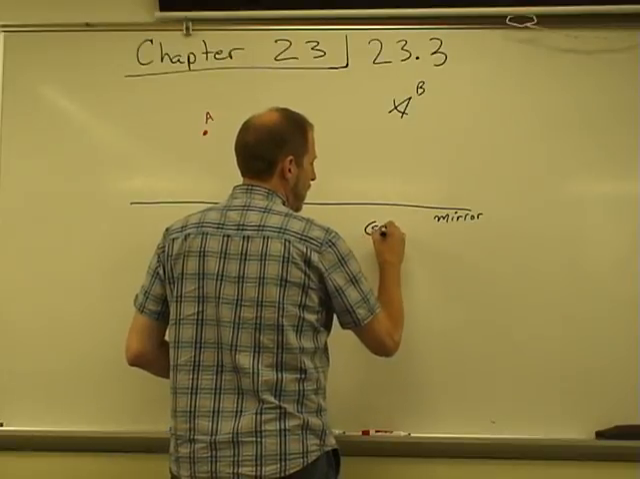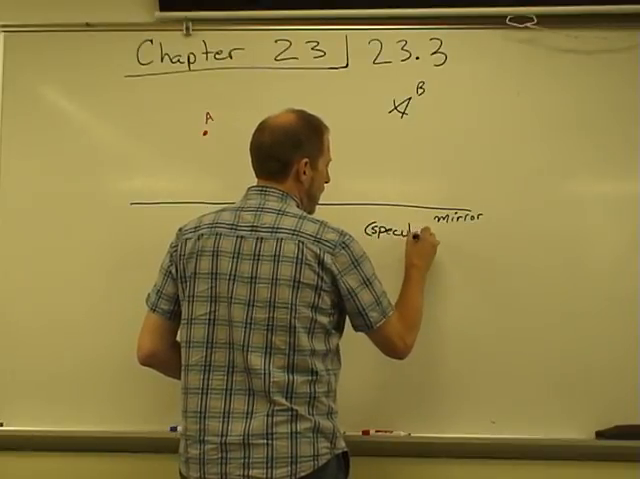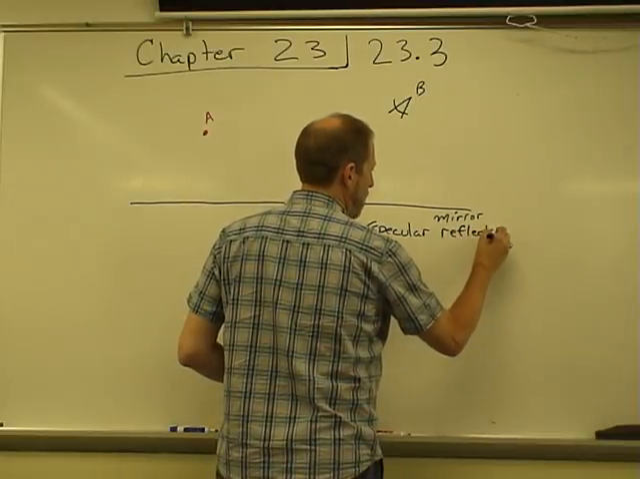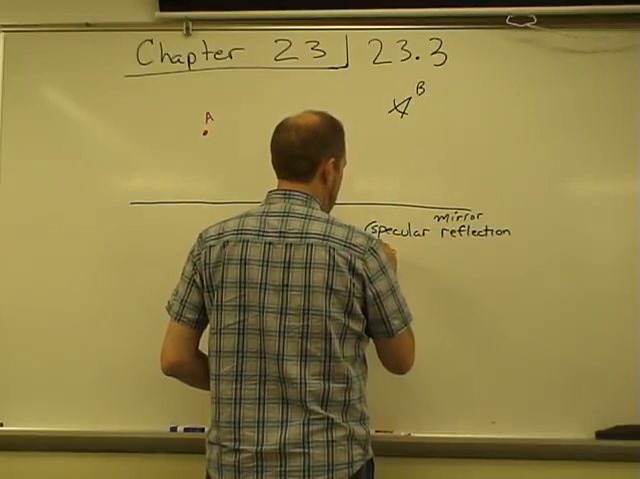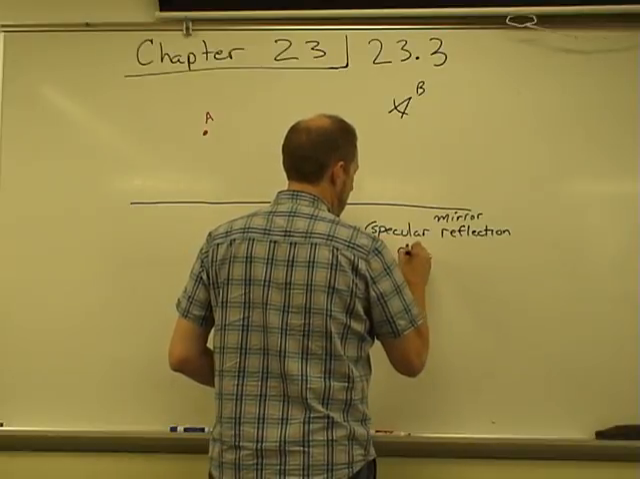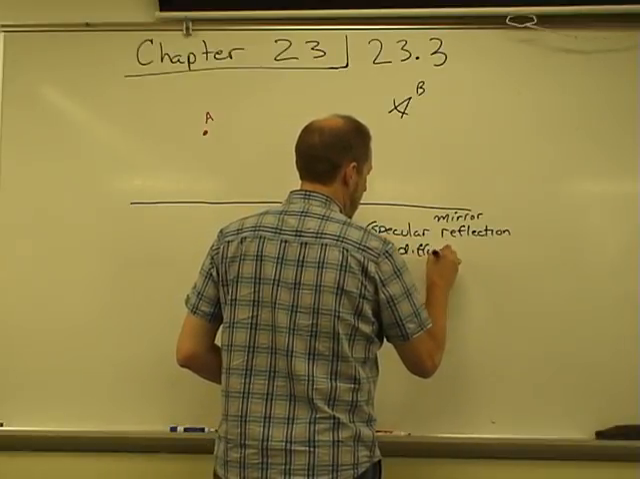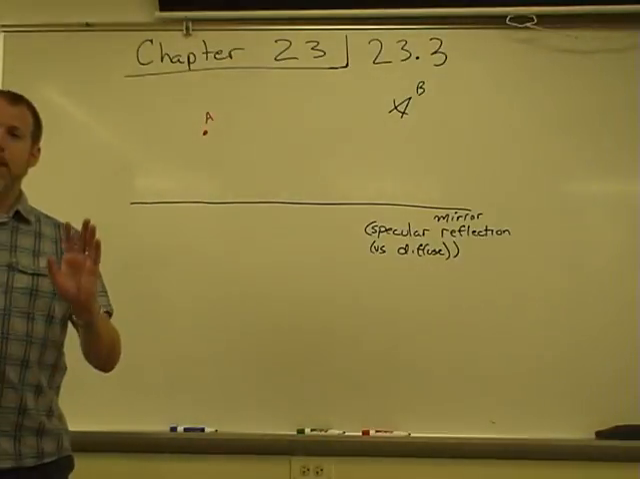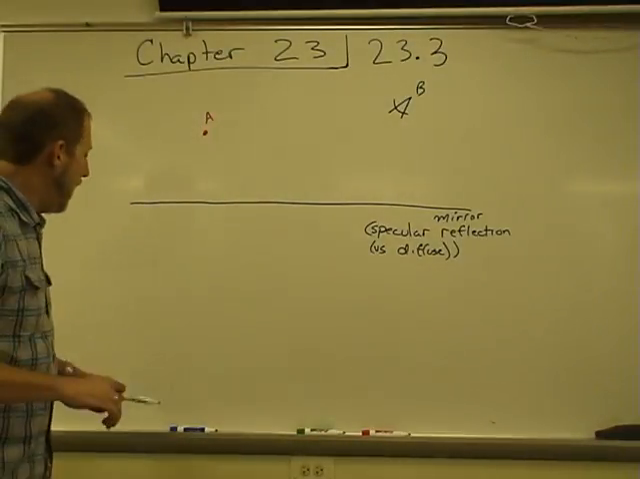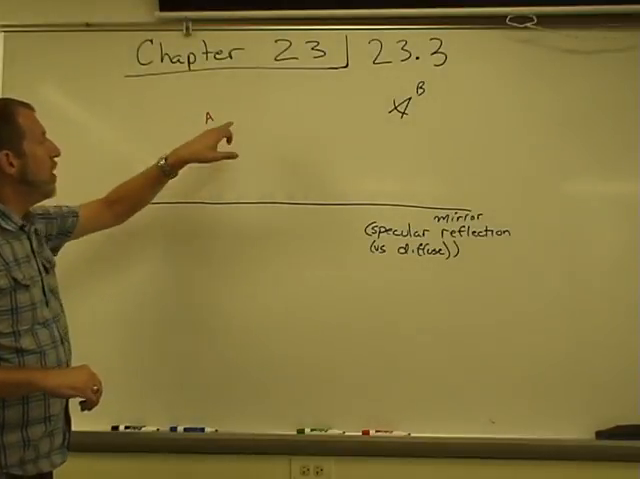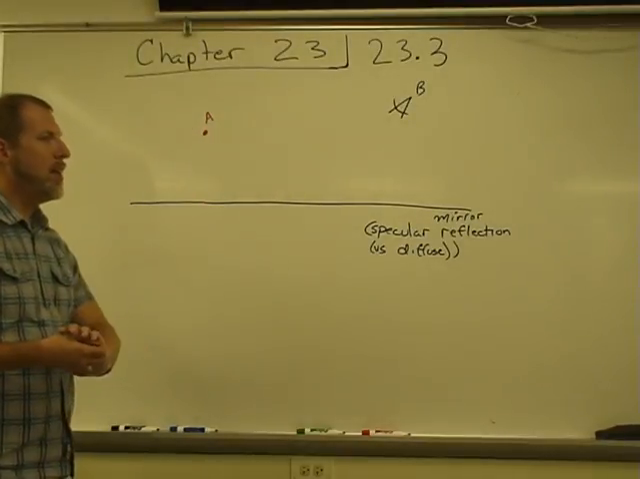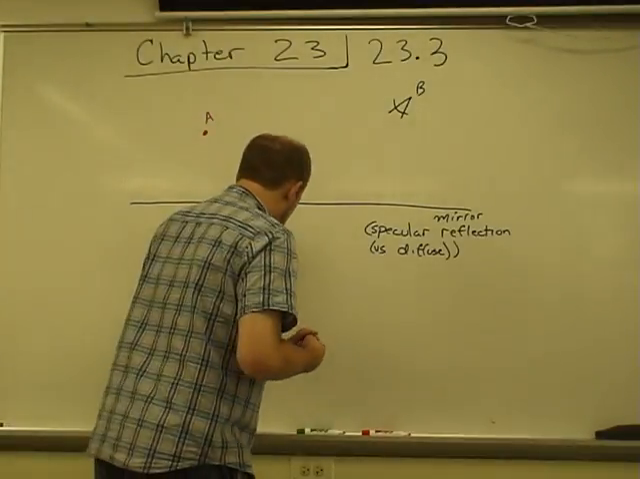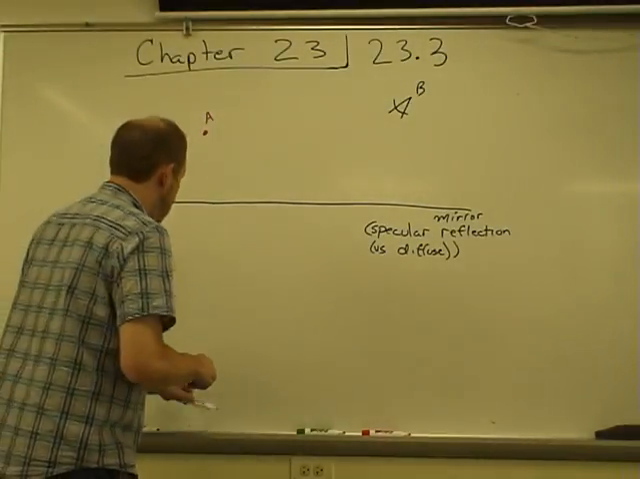So the mirror has specular reflection, as opposed to the diffuse reflection of, like, tabletops, books, the person next to you. Now, where is this person going to see that? There are two things that define this. First,